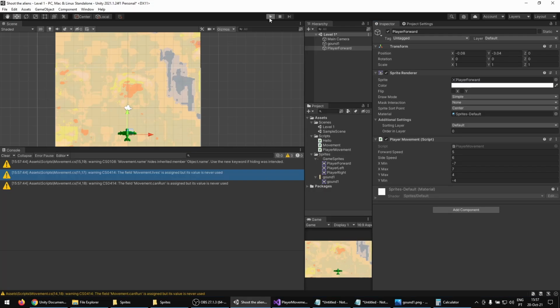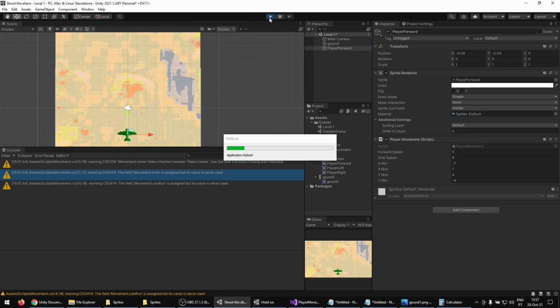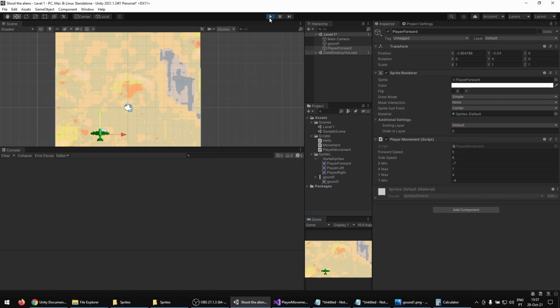Let's see, apply. Let's make sure that we have the correct directions in the program, so it doesn't go further than this. It needs to be a little bit less. See, it goes to -4, but the plane is outside of the camera,